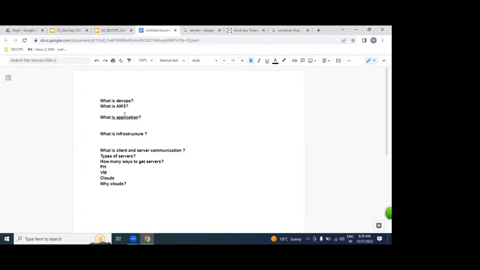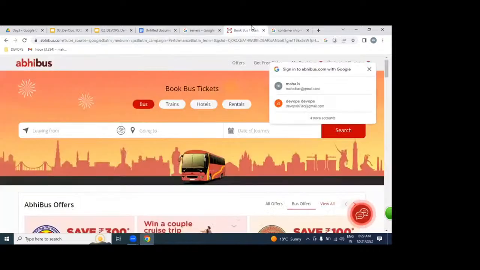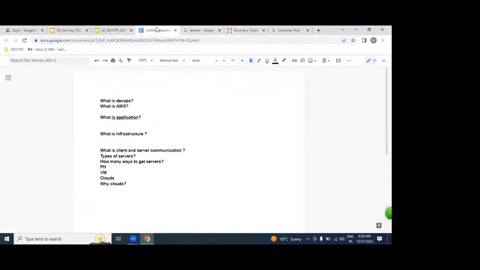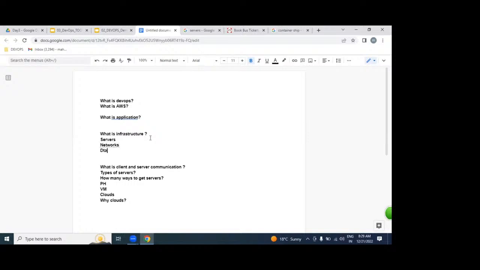we require infrastructure or not? But what kind of infrastructure do we require? Maybe servers, networks, database, and storage, and so on.